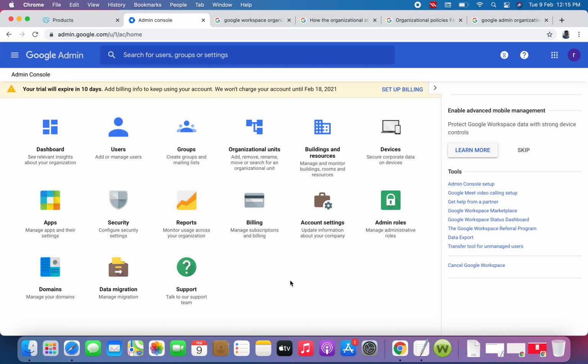So in this situation, suppose you have a requirement for a few users to whom you don't need to give access to YouTube. How can you apply these policies to those users? For this, you will first have to create an organizational unit by the name of that policy, or which you can recognize in a better way. Then add those users to that particular unit. After that, you can apply the policy for which you don't want to give access to YouTube or other services like Google Drive. Then you can undo this activity.